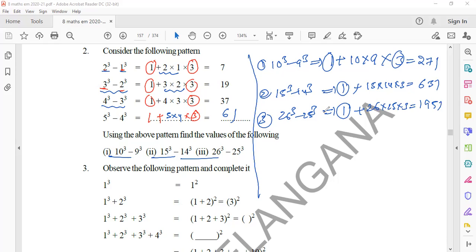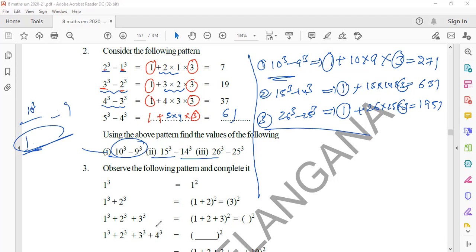Because without doing much analysis, we need consecutive numbers, subtraction will come. Generally, when you want to do this, you have to compute the 10 cube answer and 9 cube answer, then subtract. It will take a lot of time. Without doing that analysis, this is one analysis that is there. That is what they wrote. Follow this concept and you'll get the rest. When a situation like this comes, you can follow this logic.